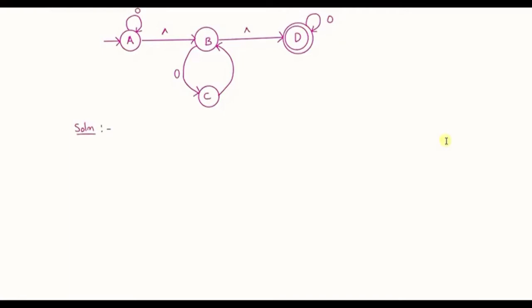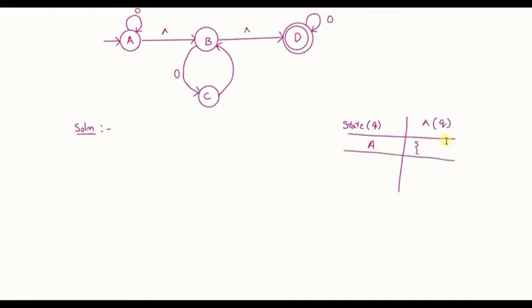The very first thing that you need to do is find out E-closure of each state that is there in the given null NFA. So I will write here state. Assume that Q is the alphabet that I use to denote state, and this is E-closure of that state Q. So the very first thing you need to do is find out E-closure of each state. Let us take state A. We'll find out E-closure of state A first.